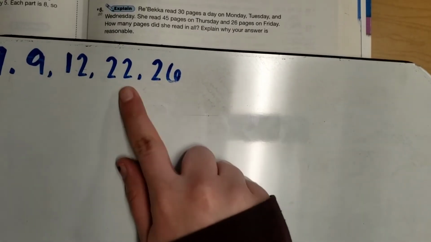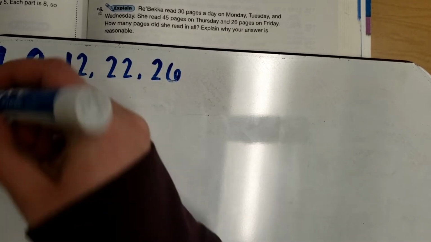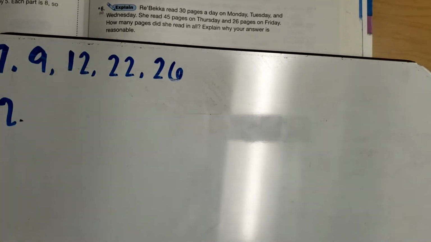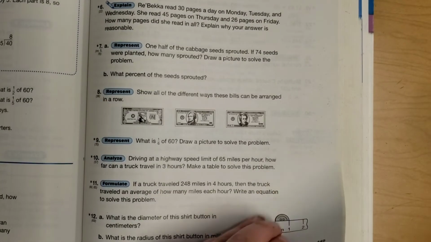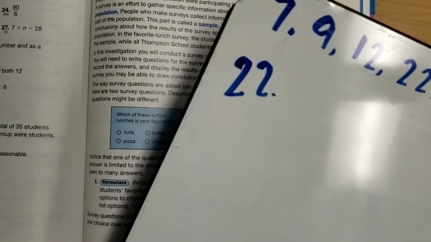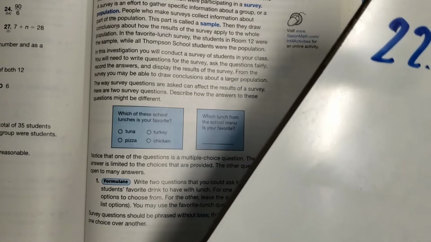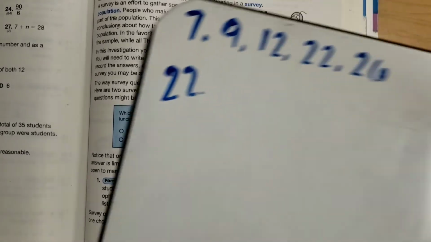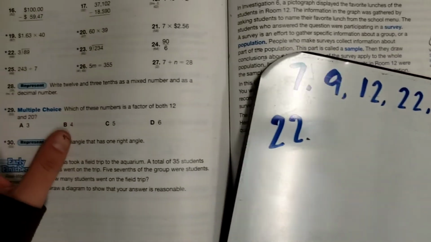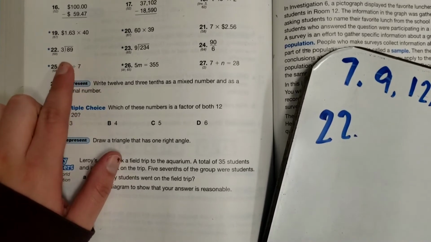All right, next we have number 22. So let me go ahead, turn the page, and turn my page on my teacher book over here that you can't see. All right, here we go. Lovely number 22 is